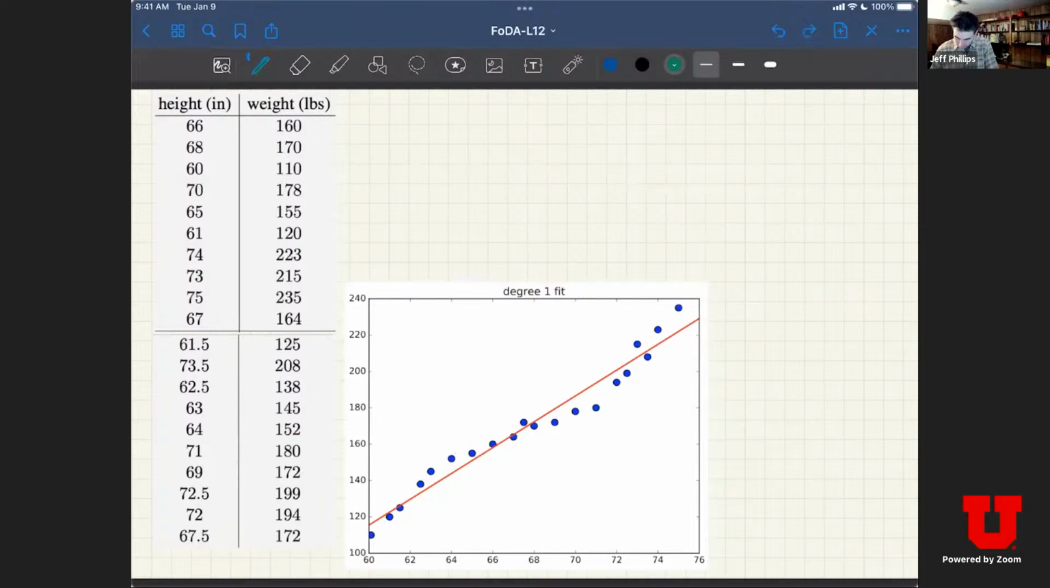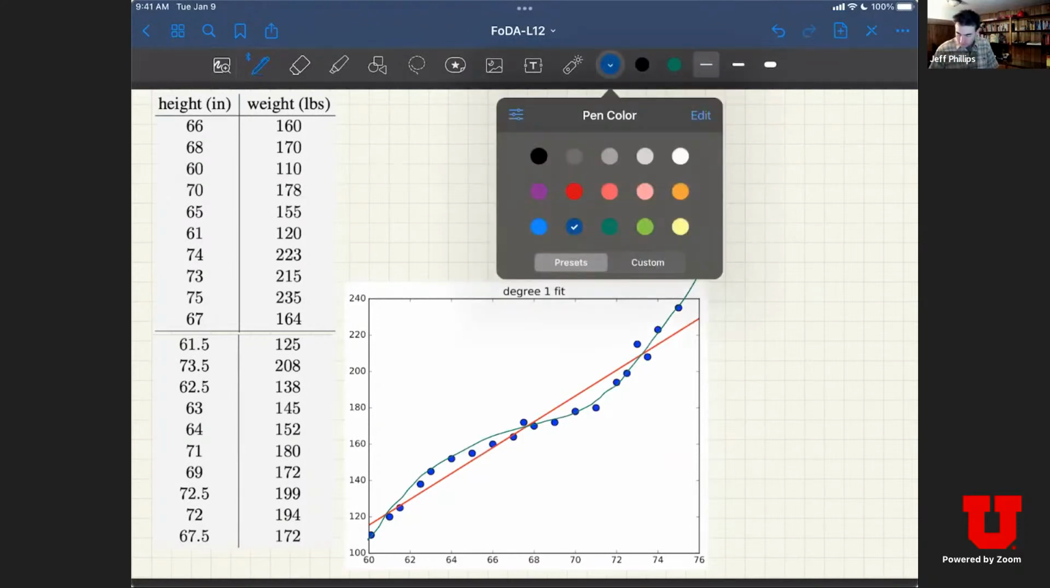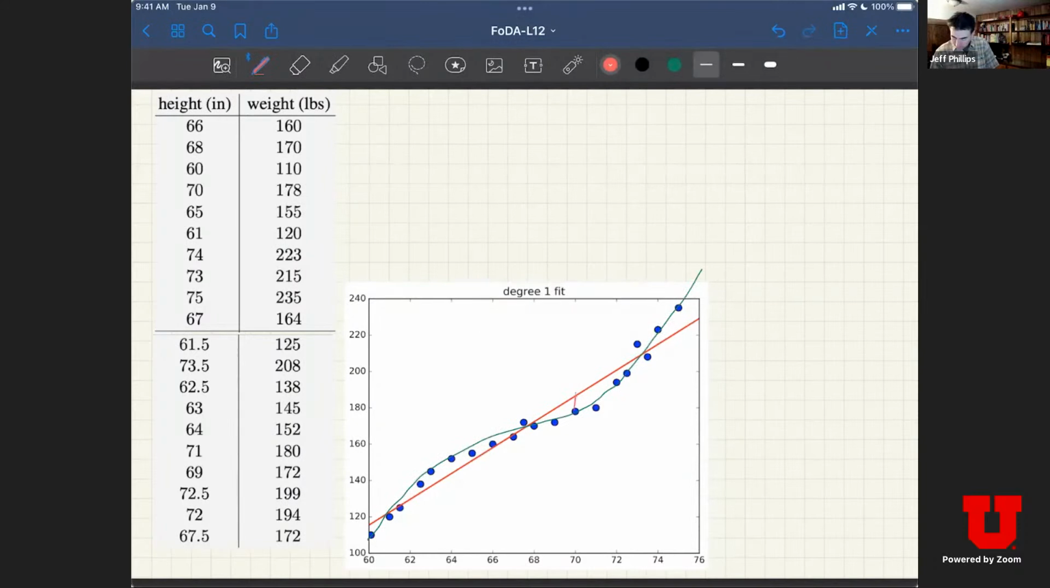Let's see. Maybe there's a polynomial model that looks like this. This polynomial model is kind of close to the linear model. The linear model doesn't do badly, but maybe I can do better if I allow the curve to be a bit more curvy. A key thing to keep in mind here is that the error is still measured